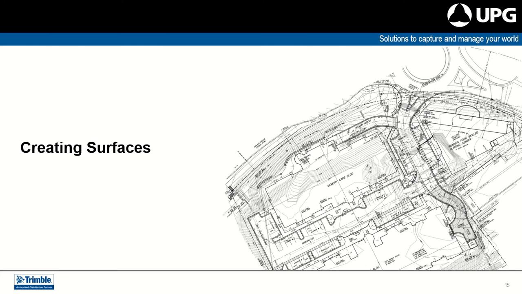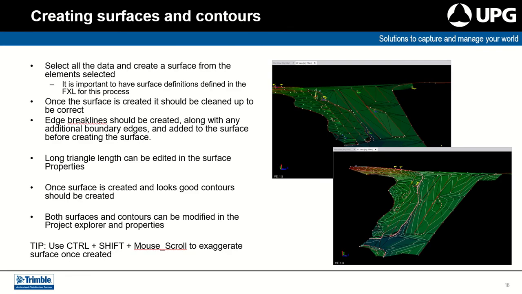Once you've processed all your line work and you're happy with how your job looks, then it would become a matter of creating the surfaces. I would only create surfaces once you have gone through and made sure your line work is correct. The reason for this is because the line work will be used as break lines within the job. So